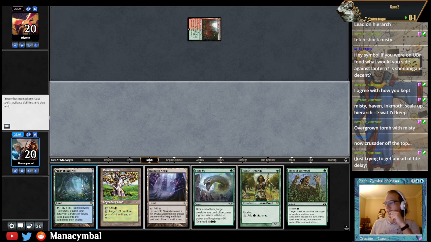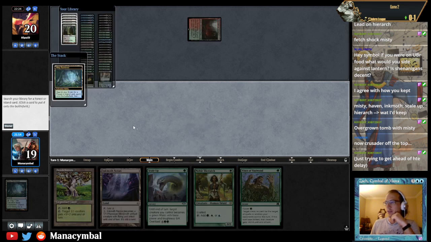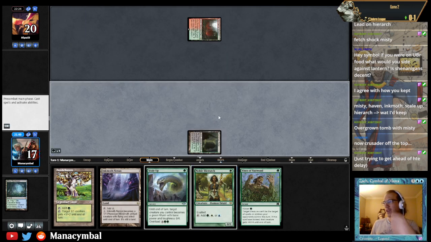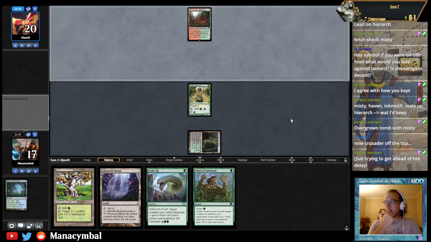Oh, I see, right? I see. I want to fetch Tomb. Yeah, Overgrown Tomb with Misty, and the reason we're doing that is so that we can have access to black and blue, which is an interesting facet of this deck. If you have Ignoble Hierarch, you want to fetch out Breeding Pool. If you have Noble Hierarch, you want to fetch out the...